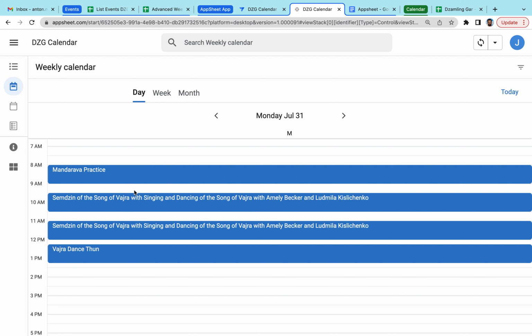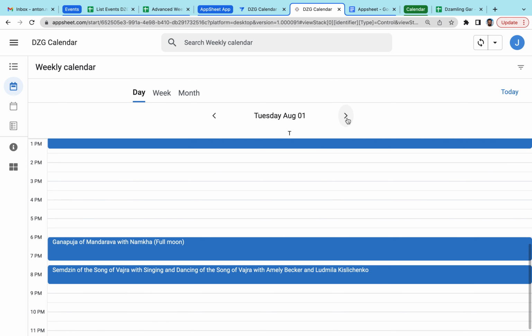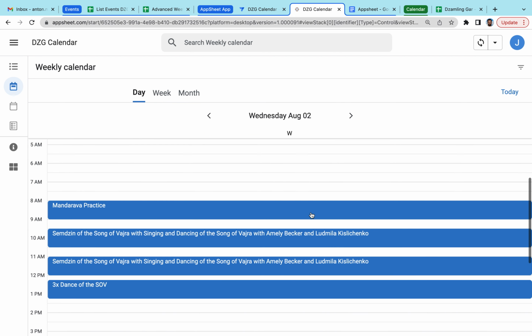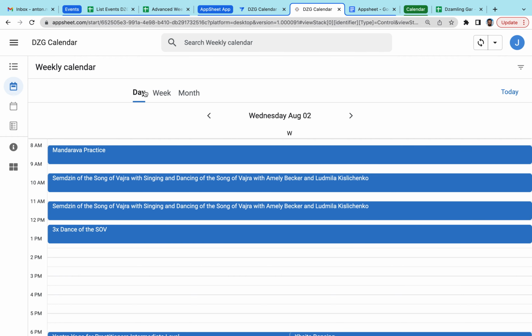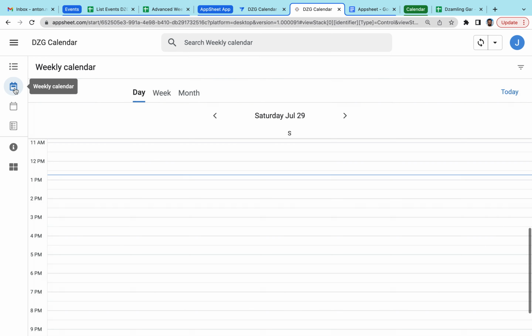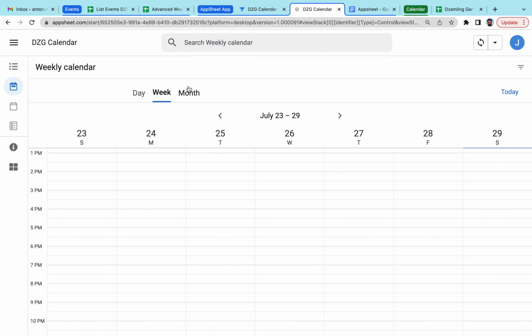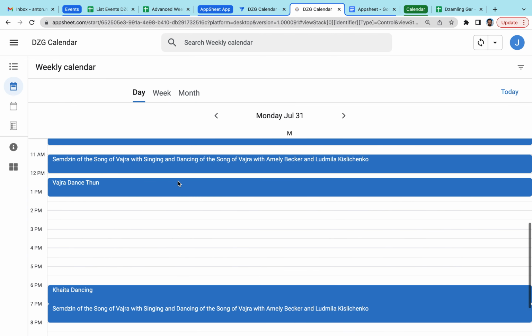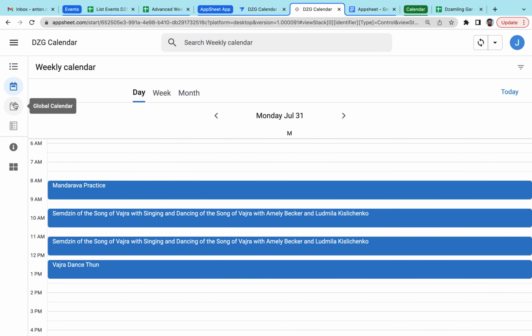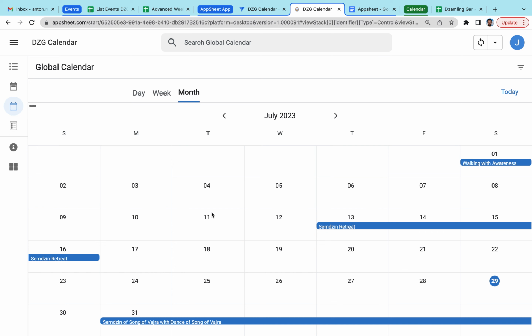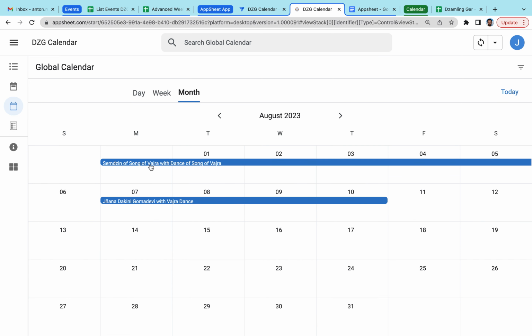So you can also scroll, and you can see and adjust it to your schedule. So this is about the weekly calendar. So once again, we have the list view and we have the calendar view. So these are the two options that we have. And about the global calendar, once again, we have the calendar view, so we can see different events.